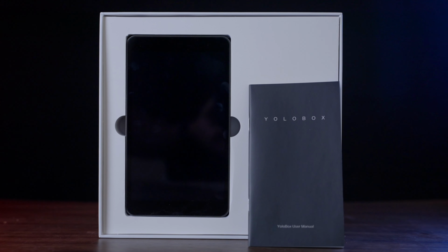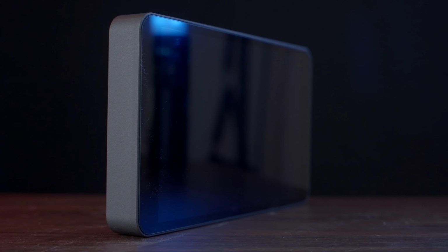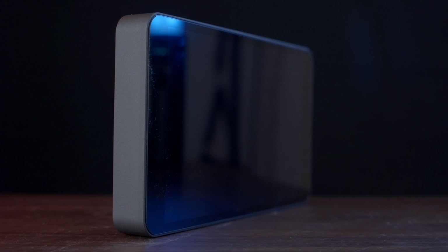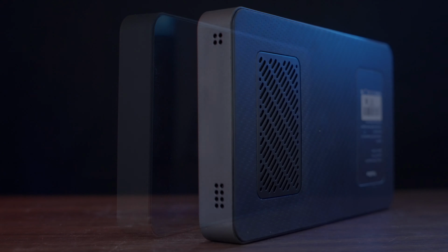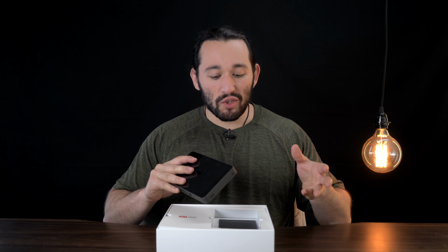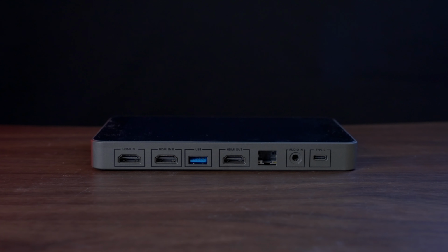So inside the box, you get what appears to be a simple filmmaking monitor. It's a 7-inch monitor, and it really doesn't look anything different than that of just a regular monitor that you put on your camera. It does have a built-in battery. It's a touch screen, and if you look around the unit, you'll notice that it has a bunch of inputs,